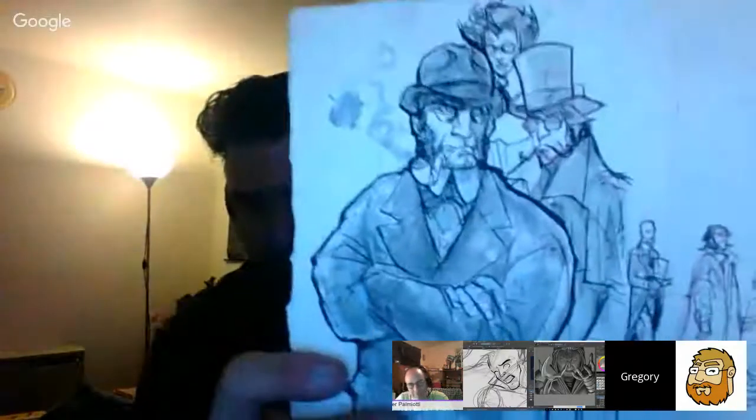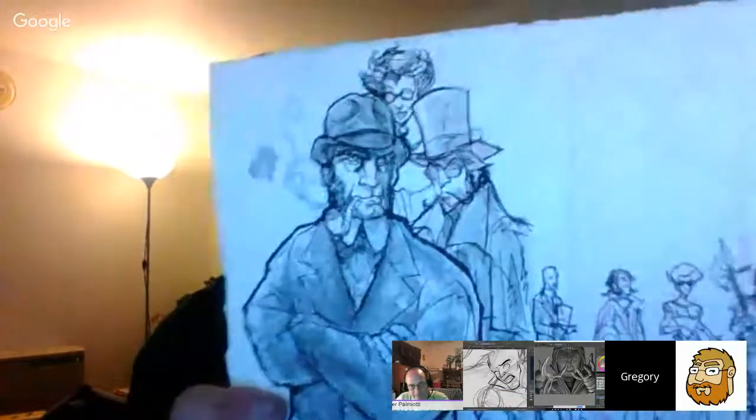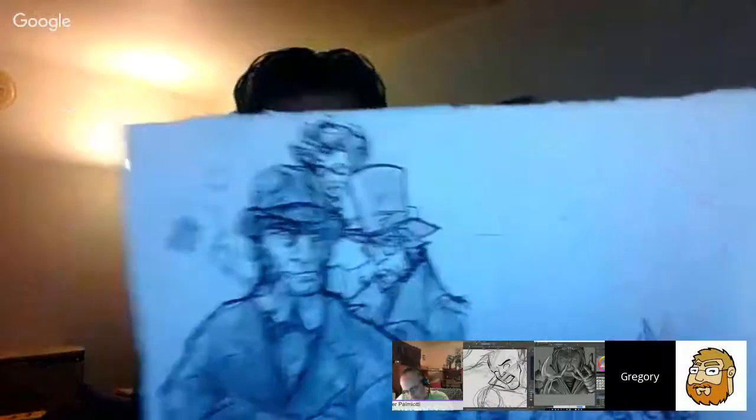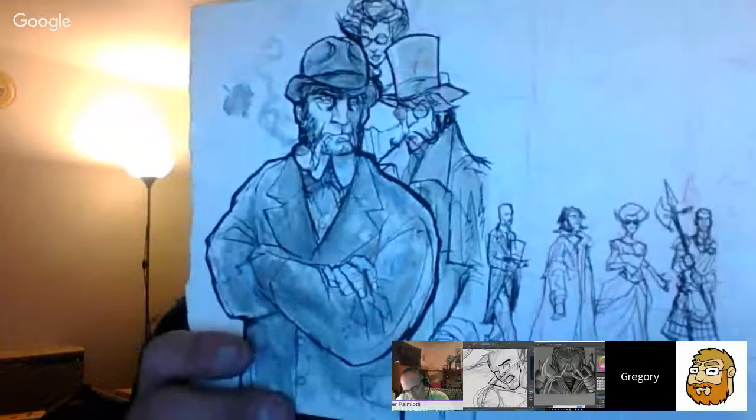So I've got the script for chapter 2, and I've been laying out pages on that, so that's going on. This is the start of a few. I can't do a screen grab because I don't have another camera, so I have to do this lo-fi thing. But I've been working on some page stuff, and what else am I doing?